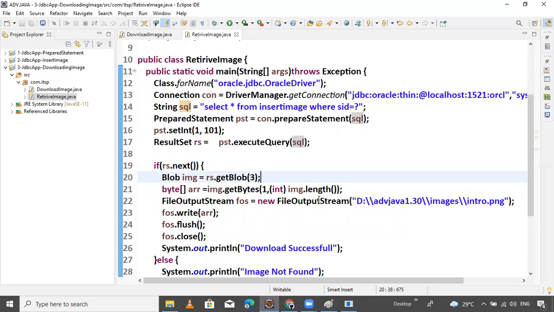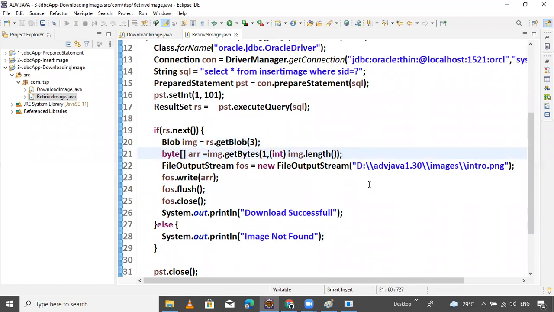Use get string. Okay, the file is good. Blob. rs dot next.